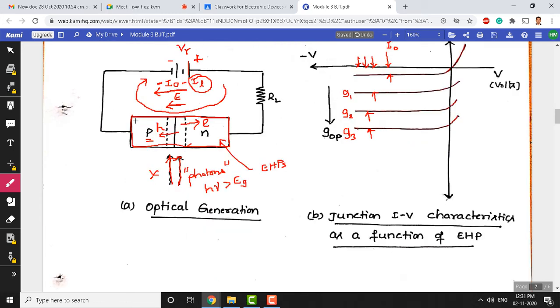If you observe this entire photodiode, what is happening? You are making photons fall on the PN junction surface, and these photons create a lot of electron hole pairs. That means it creates minority carriers here, electron hole pairs. So, if you create more and more holes here, what is going to happen? Any guesses? If more holes are present, holes are minority carriers in the N region. If more holes are present here, what is going to happen?